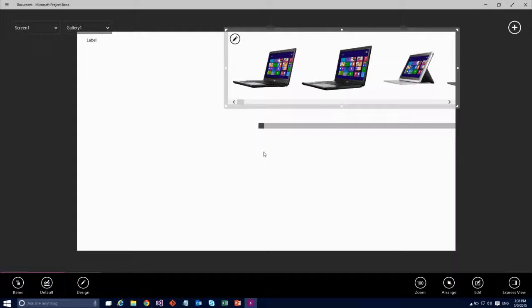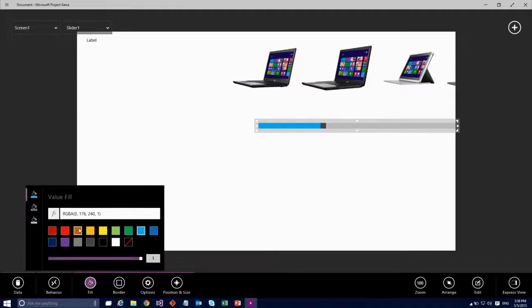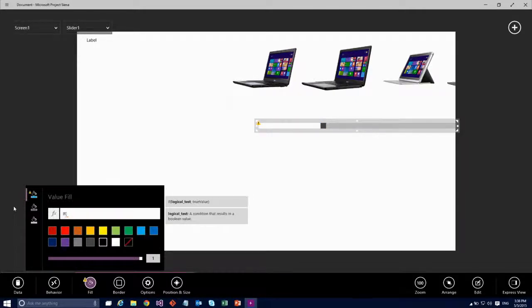So that's cool. But I mentioned Excel formulas. So let's take a look at what that looks like. So here's a slider. It slides. I'm going to go in and I'll change the color. Okay, pretty cool. But what if I wanted to add a little logic? Is that clear enough? Can everybody read my expressions? Sometimes the text is a little too small. Holler if you can't see it.